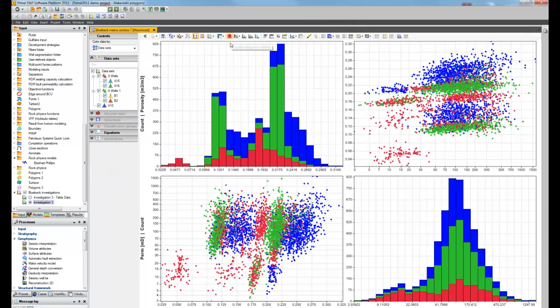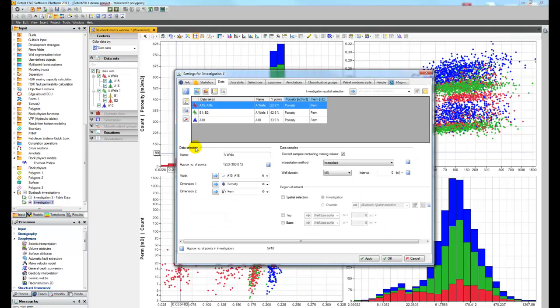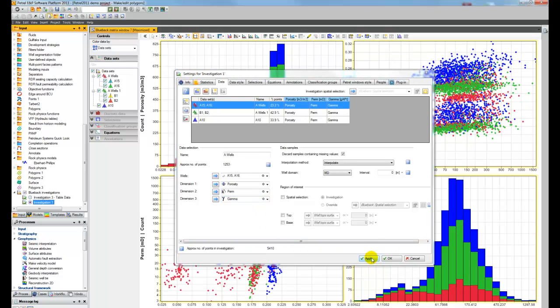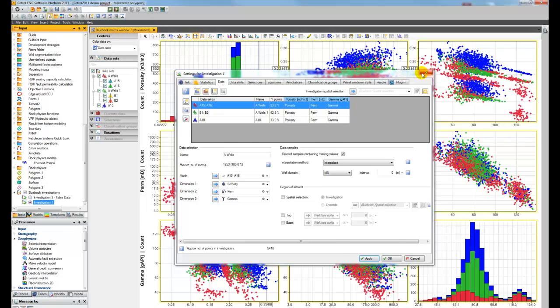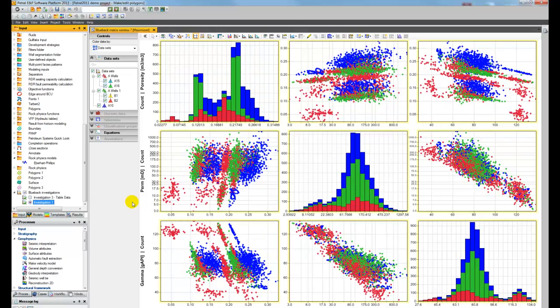To show you a little bit more about how GDI is working, I want to focus on this matrix plot here, which is a plot of the different dimensions. So right now I only have two, but I want to show you that we can add more. So here, back in my investigation, I can click on this Add Dimension button, and then I can add, say for example, gamma ray in addition, and just press apply, and that then becomes available in my investigation here, so I can toggle on my gamma and display the extra axis in the matrix plot here,